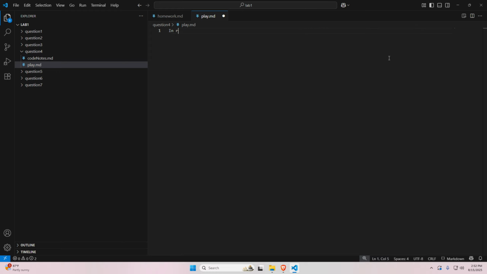So I'm going to say, in Ruby, to display text on the screen, we use the puts method or keyword. Puts is not a method, is it? I don't remember. In bash, to do the same thing, we use echo or printf. And